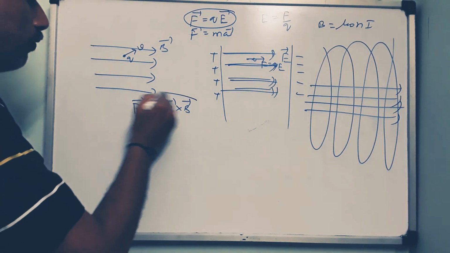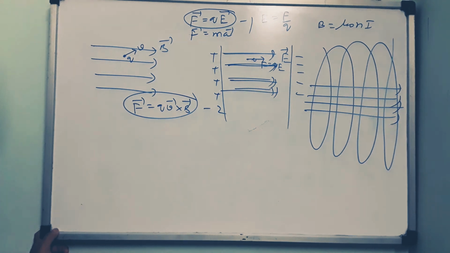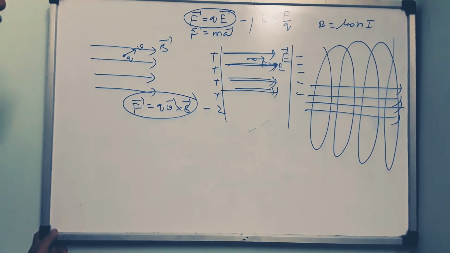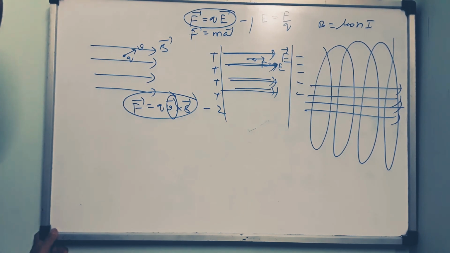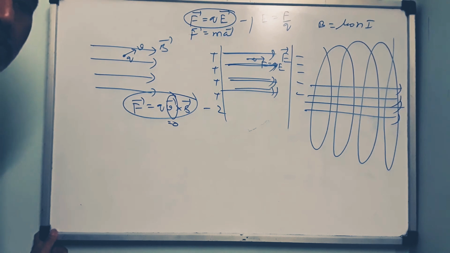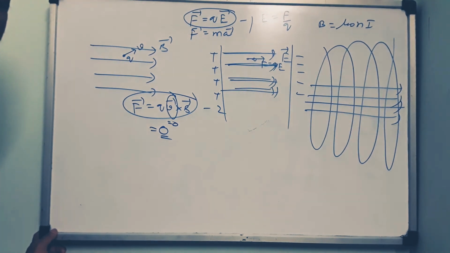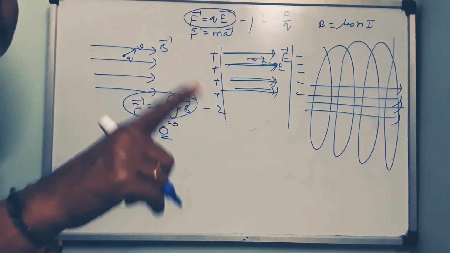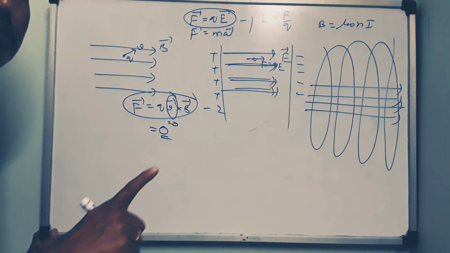You observe these two equations, children, equation 1 and equation 2, you will find a lot of difference. That difference is nothing but this velocity. If you make this velocity 0, that is, the charge is at rest, then this entire right side will become 0. That is, the force on a charge at rest in a magnetic field will be 0. It experiences force only when it has some velocity.